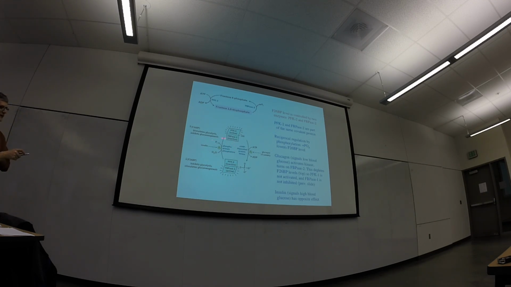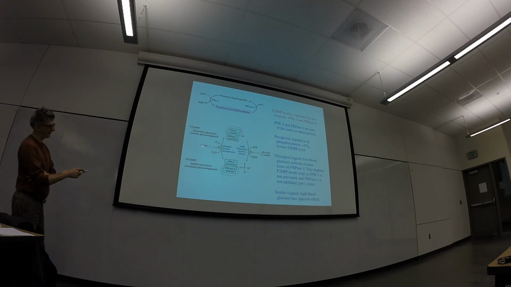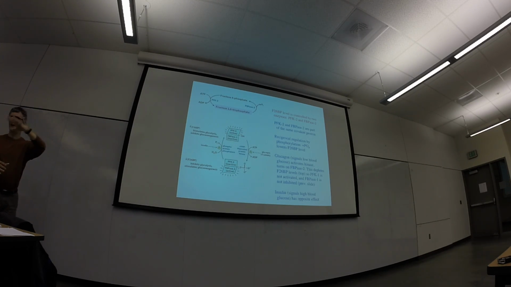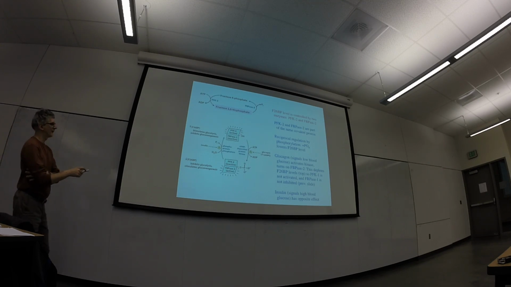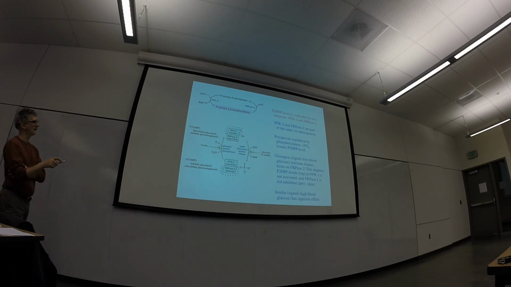So insulin is a pancreatic hormone, a small protein, in fact, that operates through a cascade, and we'll be looking at the cascade a little bit later on, and it's also something you looked at last term. So that's what this dashed arrow means. It's some cascade of proteins going from outside the cell inside. The effect of it is to activate a phosphatase enzyme that dephosphorylates this bifunctional protein. When it's not phosphorylated anymore, then the portion of it that becomes active is the portion that makes this metabolite, which is also then going to activate glycolysis through PFK1.